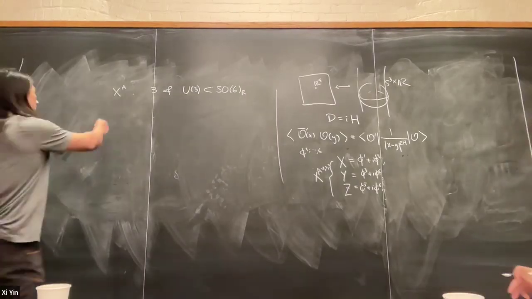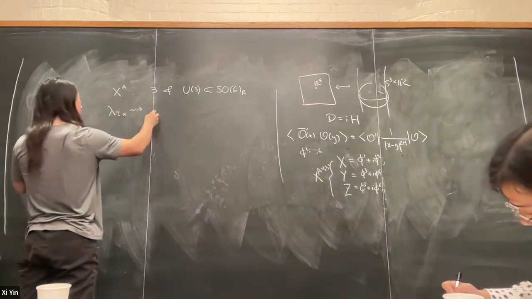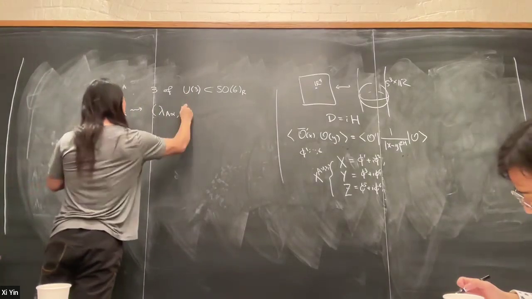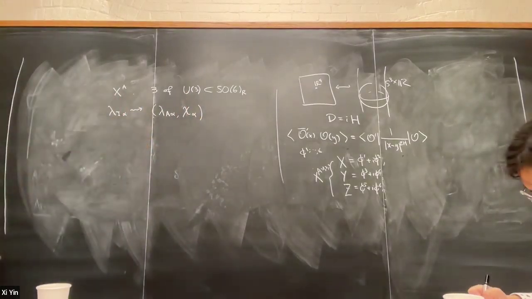We're going to organize the fermions. I'm going to change notation. The fermions are going to be reorganized into lambda_A alpha and chi alpha. So there are 4 chiral fermions. They're going to split into a triplet and a singlet, lambda and chi.